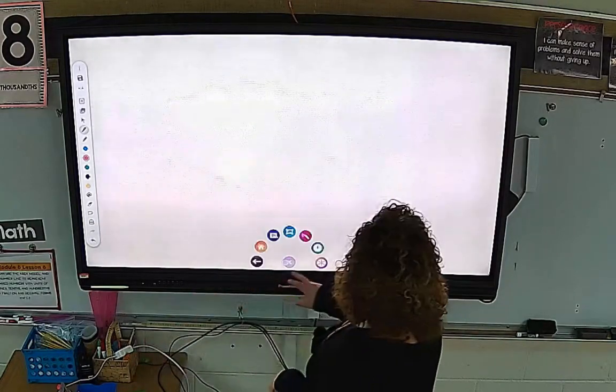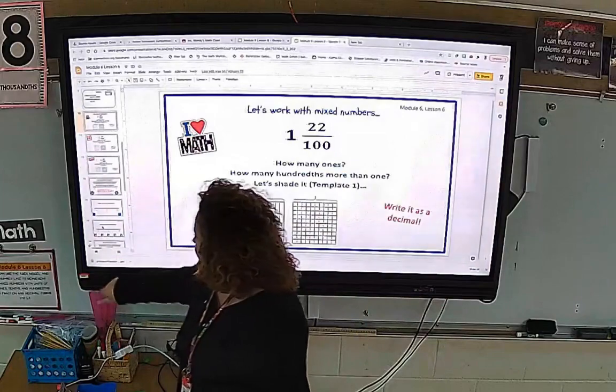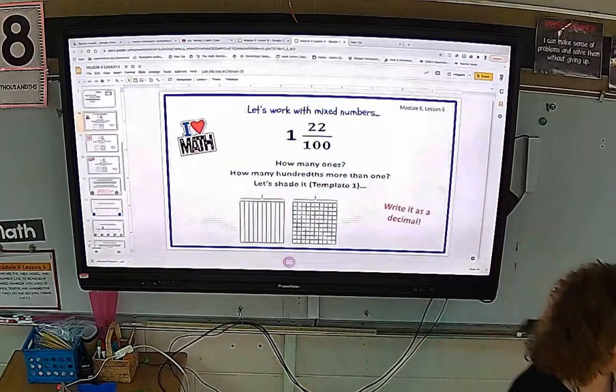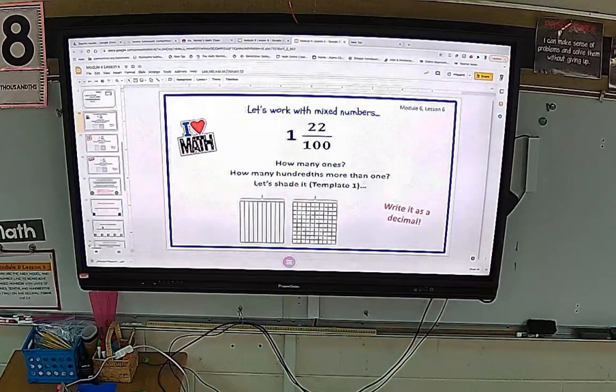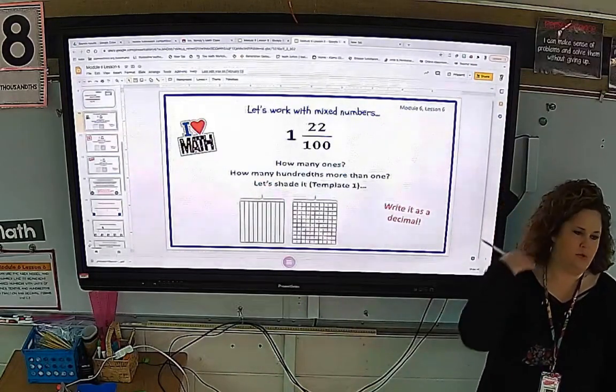Okay, let me get to the slides. So we're starting out with this fraction that's pretty large, and I have two boxes. Turn to the template page that has the area model. Now yours look different than mine. I know that on a different page you have those two kinds of boxes side by side, but I really thought let's stay with what you've got instead of trying to change anything, because this is going to help us remember one of our shortcuts.